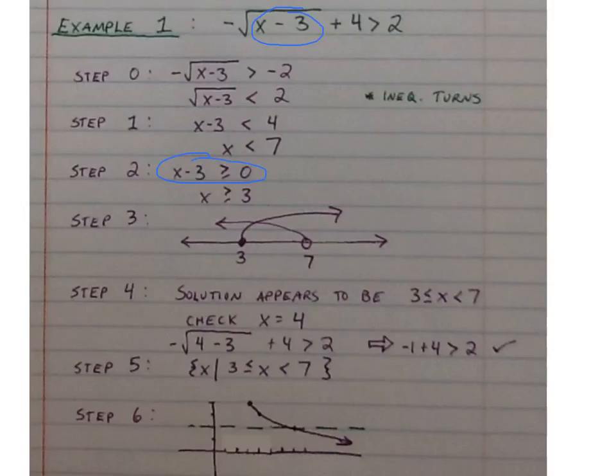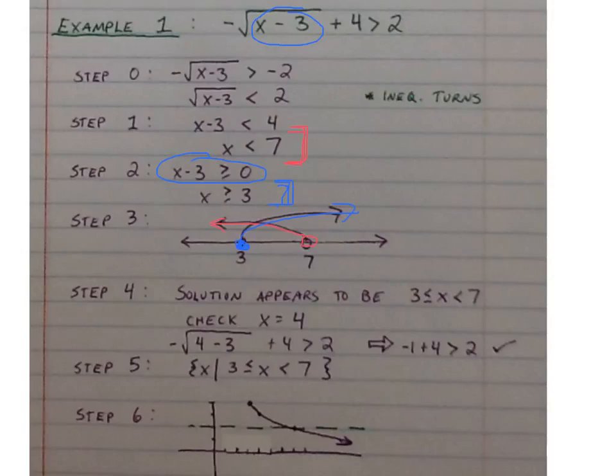In step 3, I graph on a number line to find the viable solution set. So first I graph x is less than 7, so an open circle on 7, and x is less than it, so we go to the left. And then x is greater than or equal to 3, so a closed circle on 3 and a line to the right,